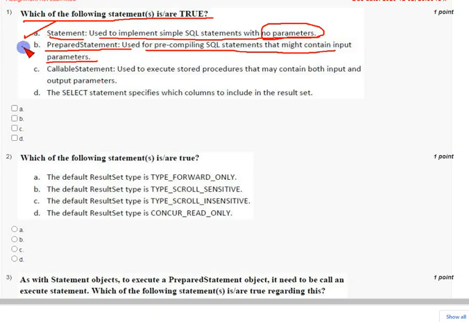This is also correct answer. And coming to option C, callable statement used to execute stored procedures that may contain both input and output parameters. And option C is also correct answer. So there are three correct answers, that is option A, option B along with option C.